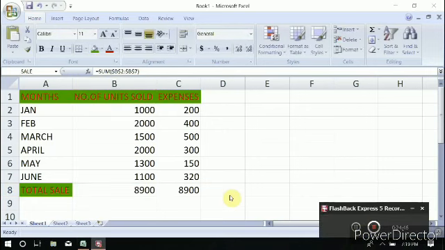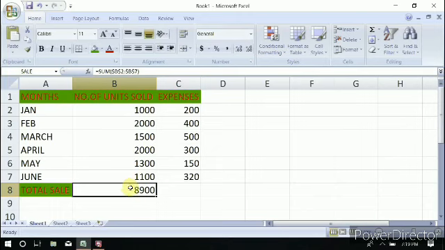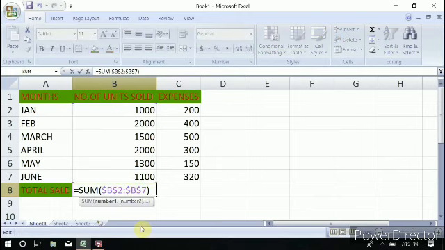Now we move on to the last one, that is mixed cell referencing. It's a combination of absolute cell referencing and relative cell referencing. So for that we'll delete this total over here. We'll move on to the first one here. Now here we'll make some changes in the formula. We'll make a combination of relative and absolute both. So over here what we'll do is we'll remove the $ sign from the column letter,